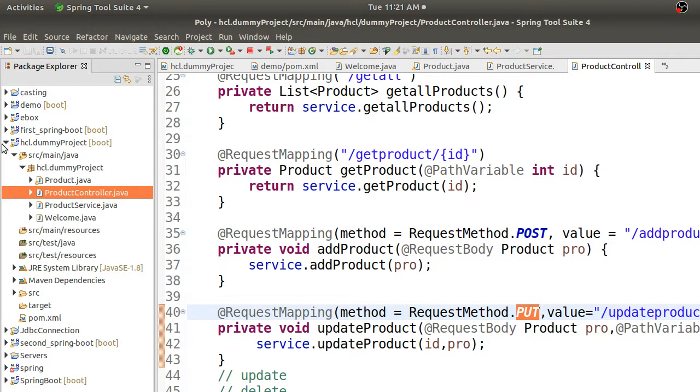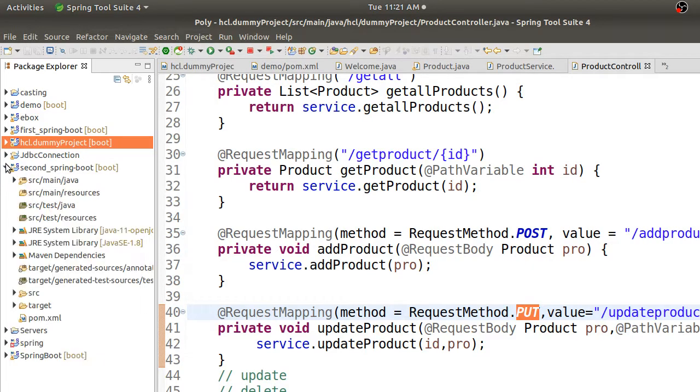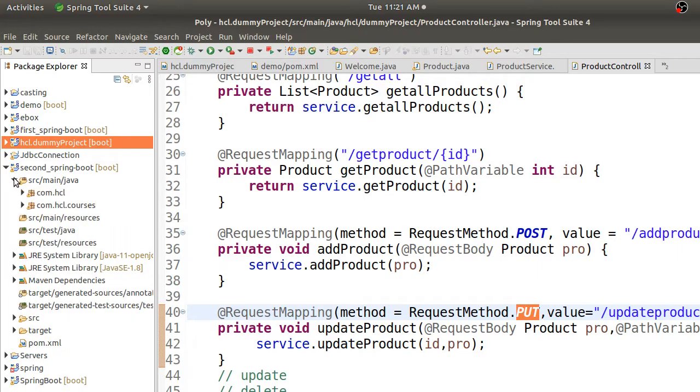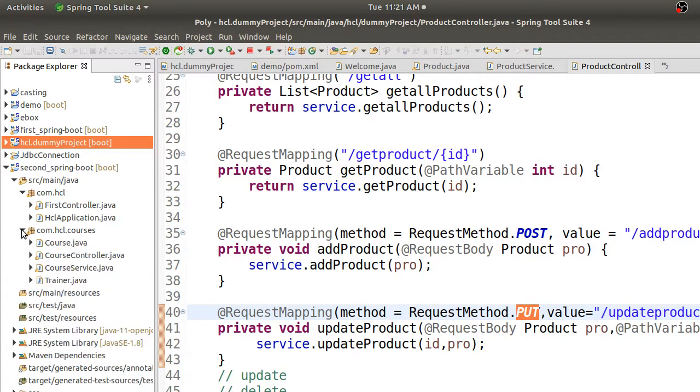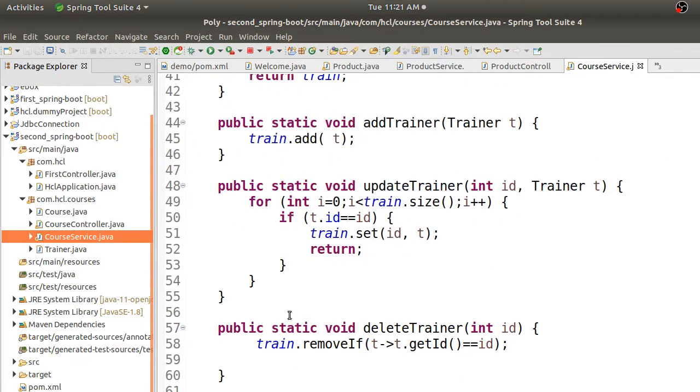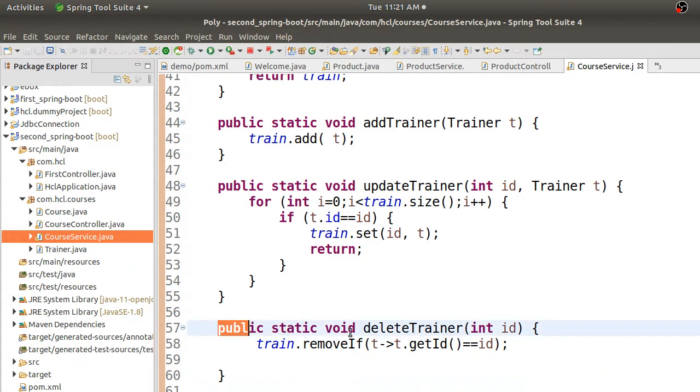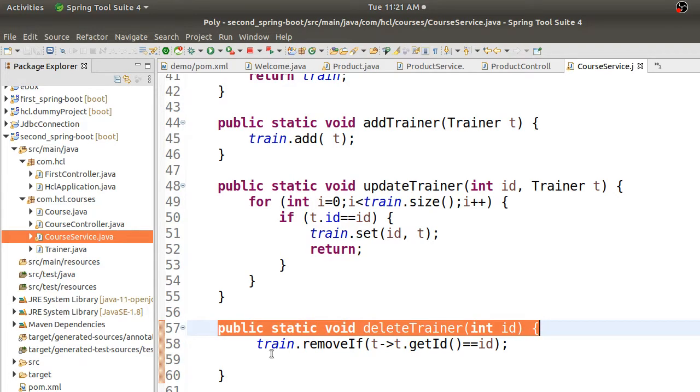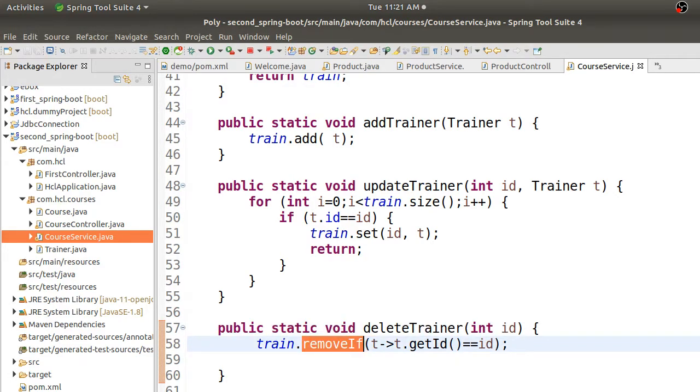I have just done one more project, I'll show it to you. I think we have covered almost all the methods, so only the delete method remains. Yeah, so the delete method will do this. There is one syntax that you want to use. The method is removeIf. If you find that statement true, it will remove if this ID is equal to this ID. If the ID matches, it will remove that data.